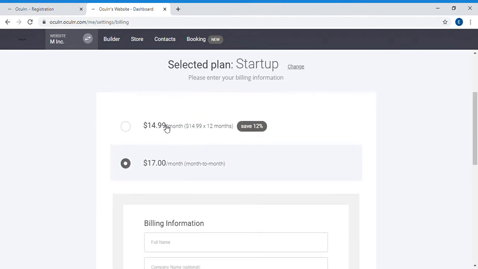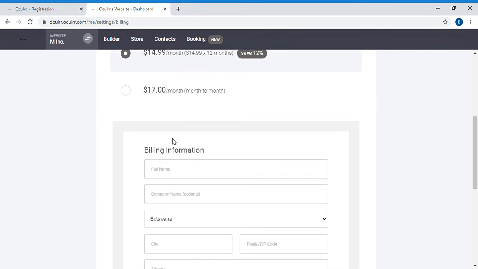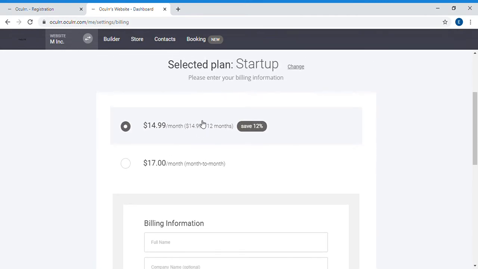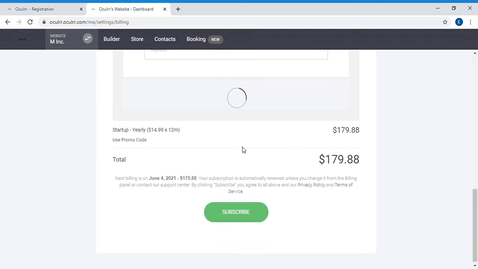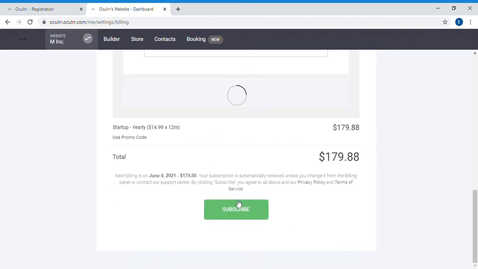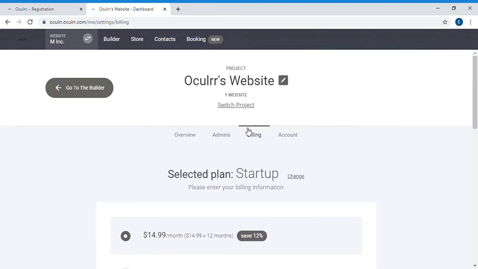Month to month, monthly, or annually. If you pay annually, you save 12%. If you pay monthly, you get to pay the whole 100% over the year. So, in case that happened, and you subscribe, and yeah,